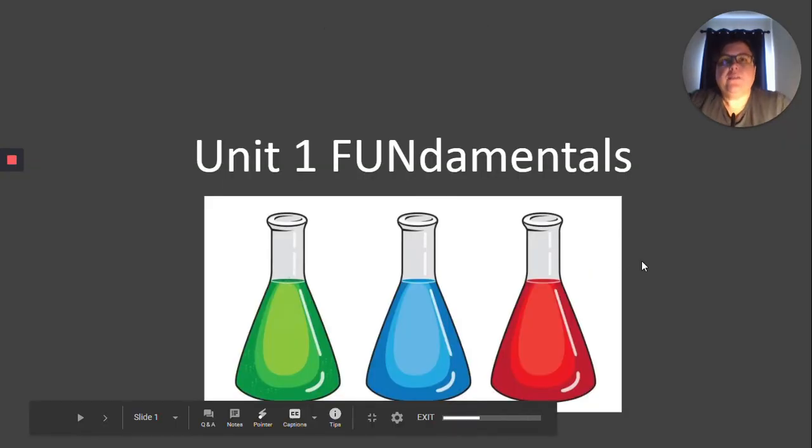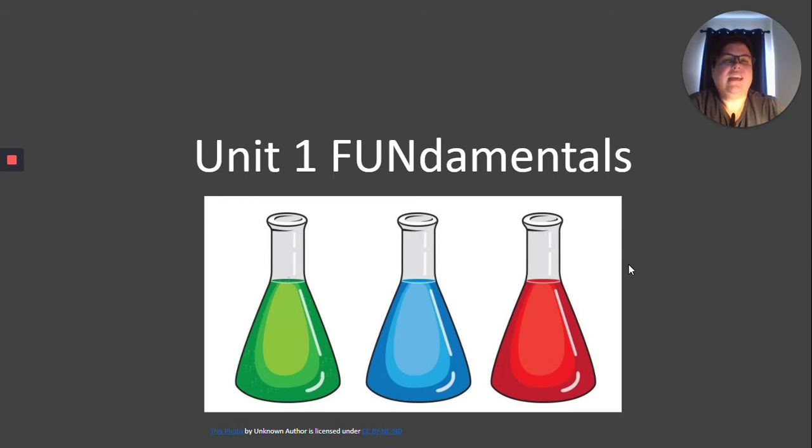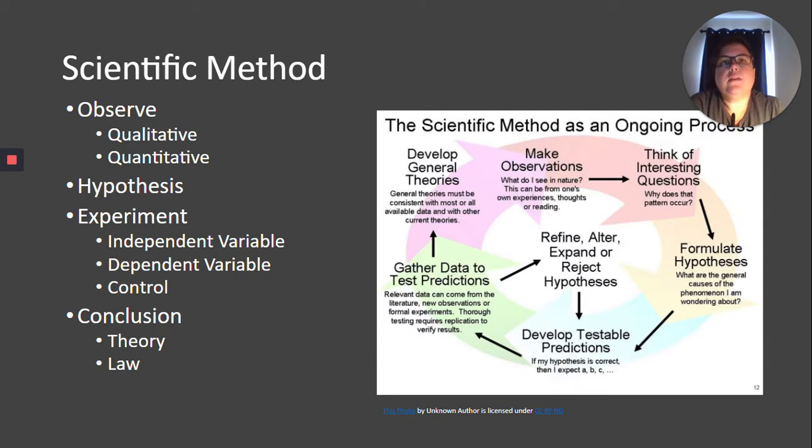Okay, so we are going to look at Unit 1, which is Fundamentals. Just kind of what's the idea of chemistry and laying some foundations that we're going to use the entire year. So the first thing that we want to look at is the scientific method. Please note that the picture there is showing you that the scientific method doesn't have a distinct start and end point, that you can go back and revise and revisit, so it's more of a cyclic type